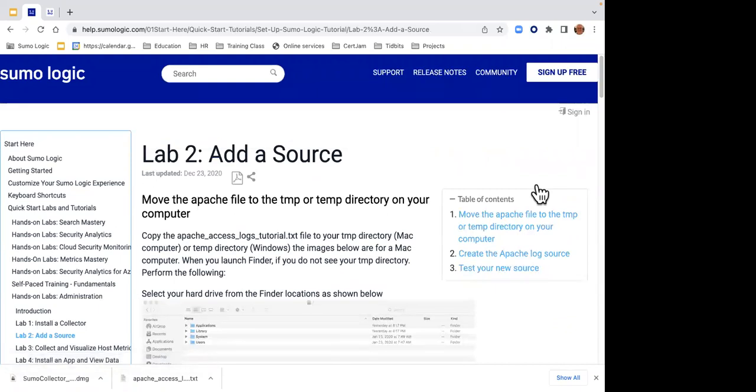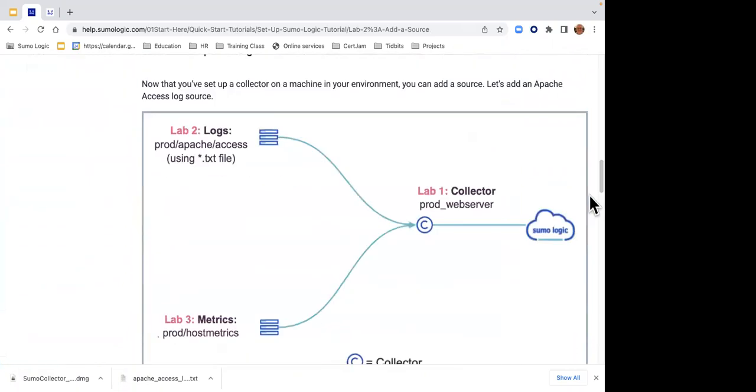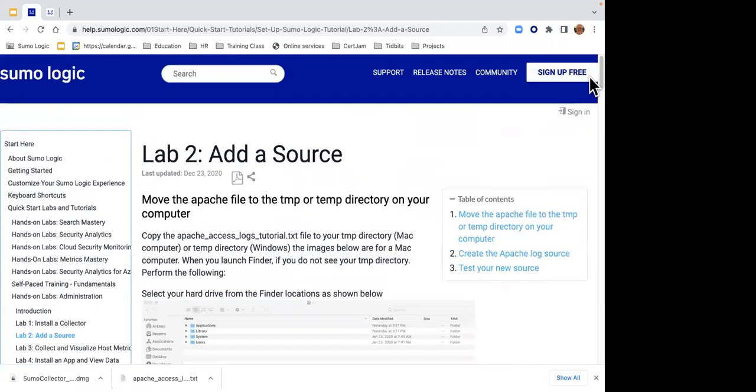Remember that we downloaded that Apache file to our desktop? Well, what we want to do is take this Apache file and move it to a specific directory that root can access. So if you're on a Mac, right? If you're on a Mac,